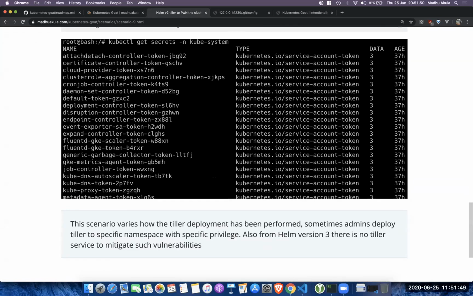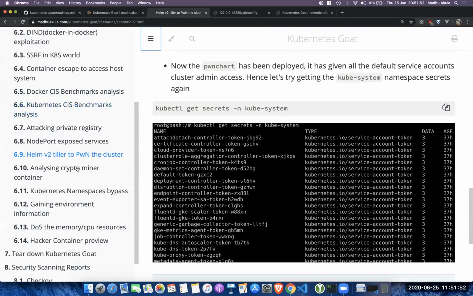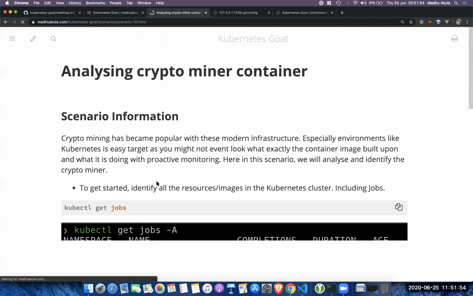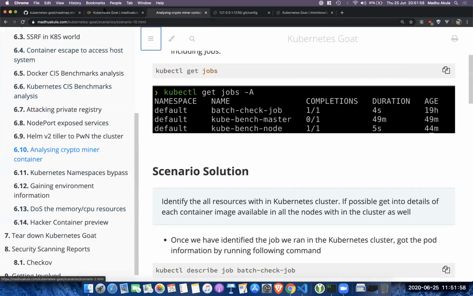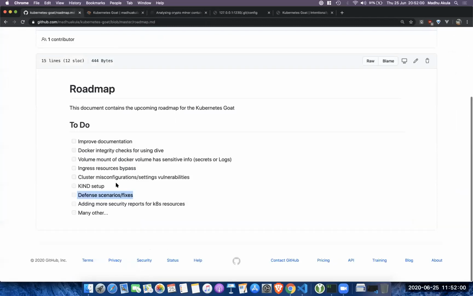So we are trying to focus on all these scenarios, how we can fix or defend against attacks like crypto mining and a bunch of other scenarios in a defensive way, how we can go about identifying these vulnerabilities and fixing them in production or the environments which you can see. And also adding more and more repos, as well as reports from other research tools and utilities.